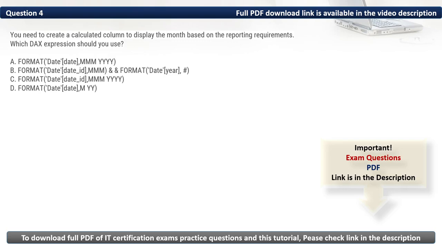Question 4. You need to create a calculated column to display the month based on the reporting requirements. Which DAX expression should you use? Firstly, let's eliminate the incorrect options. We have B, it has incorrect syntax and it concatenates text instead of formatting properly. Then we have C, date ID is likely an integer and may not work correctly in the format function. And then we have D, it uses a single M which may result in a single digit month and YY